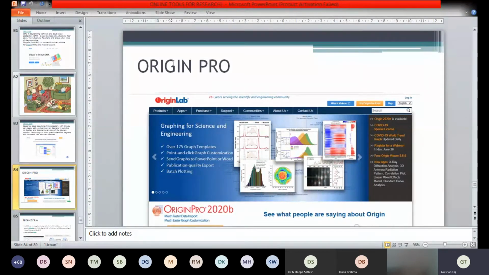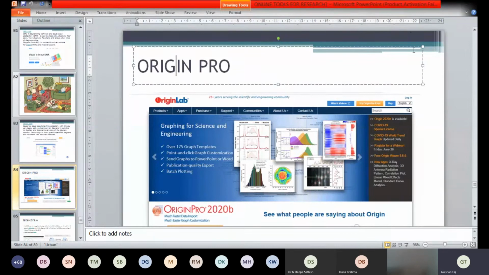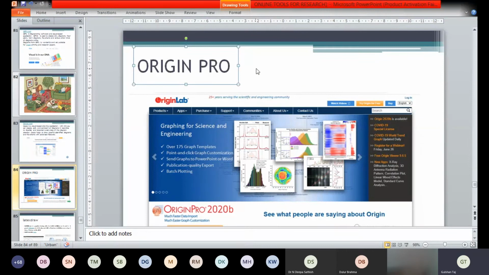In that case, Origin Pro is a good software, and of course I will recommend this software because I used it during my PhD at IIT. It is very user friendly and you can get into the software easily. I think that time it was freely available, 5 years back, but right now they are charging, I think. But the charge is very small. Because we are doing research and spending so much time and money behind the research, it is no harm if you spend some 300 to 500 rupees a month to get this software. You can use it for free.